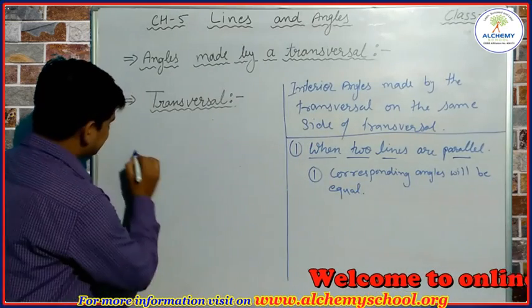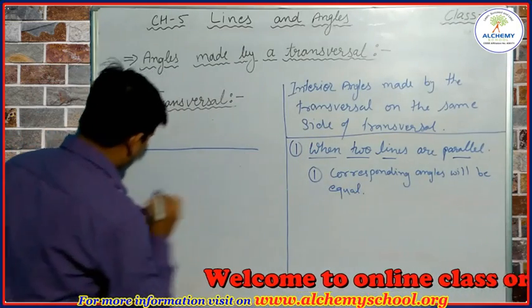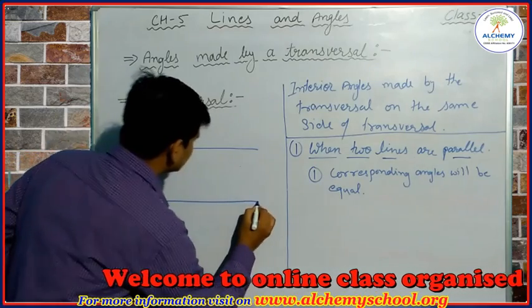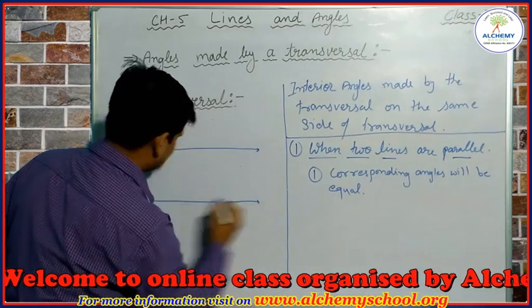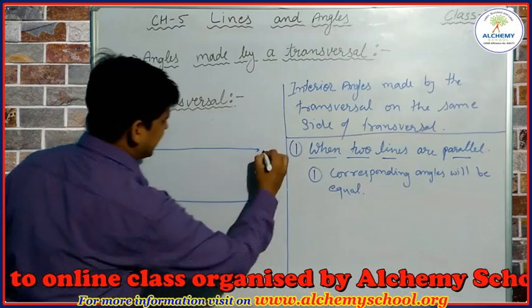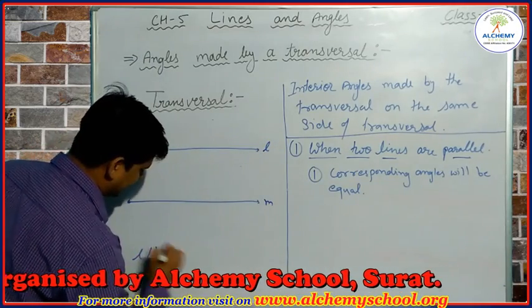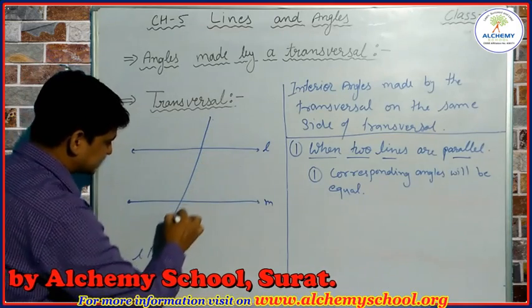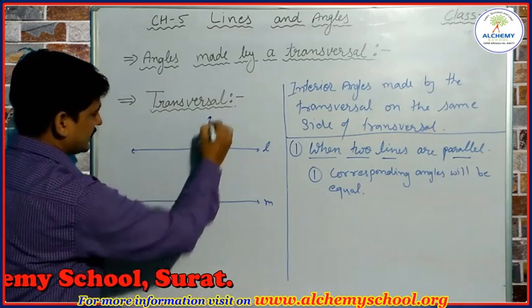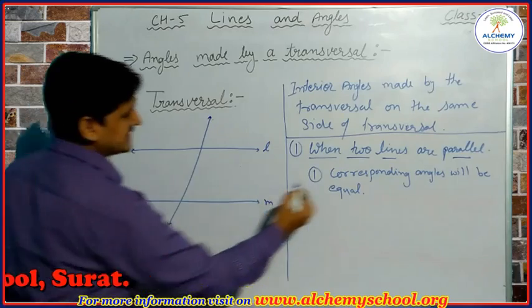We can understand it with the help of a diagram. So these two lines are parallel. This is line L and this is line M. L is parallel to M, and when a transversal crosses these two lines,